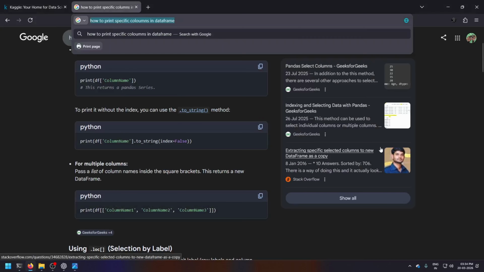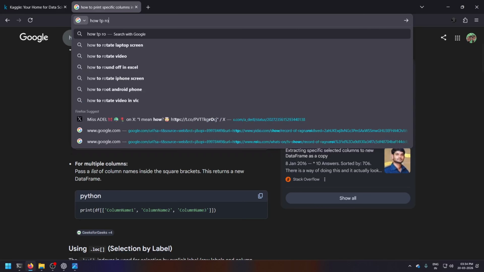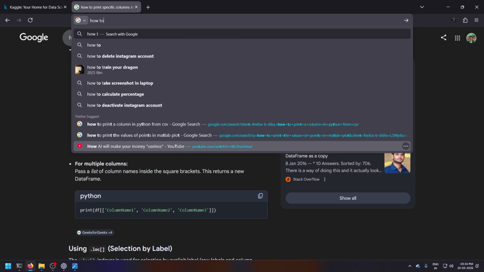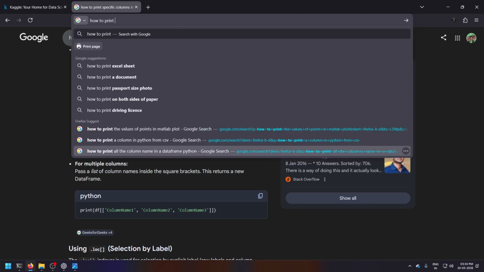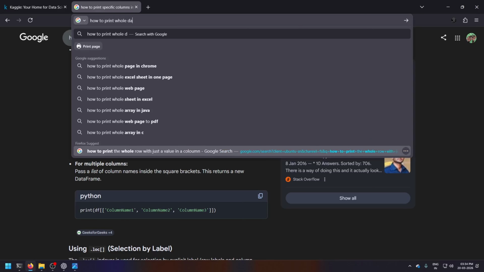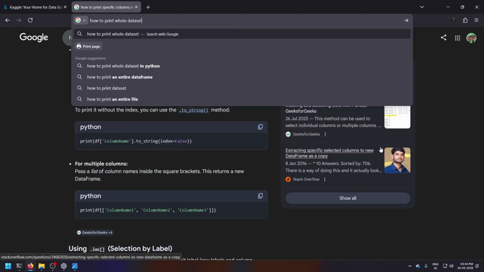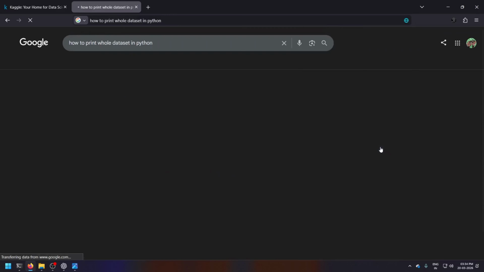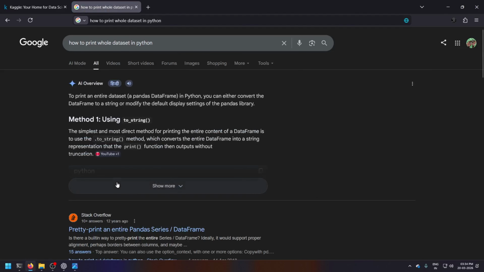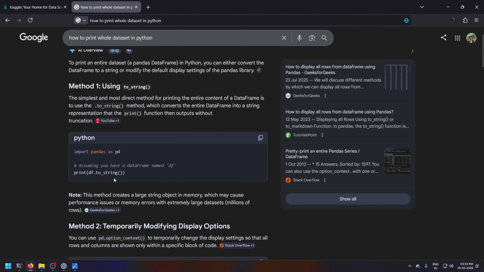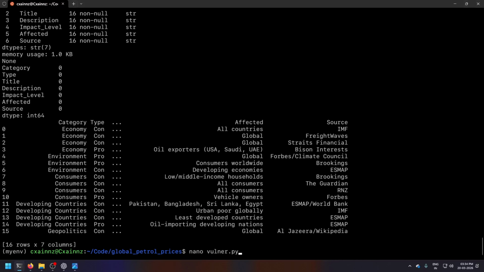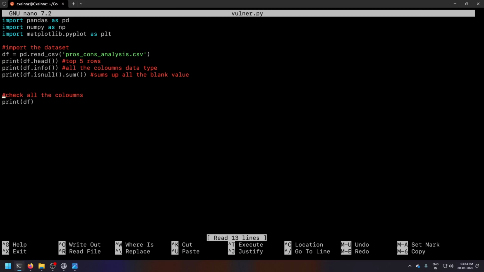So let me ask how to print the whole data set in Python. Okay, pd df to string. Okay, pretty simple.